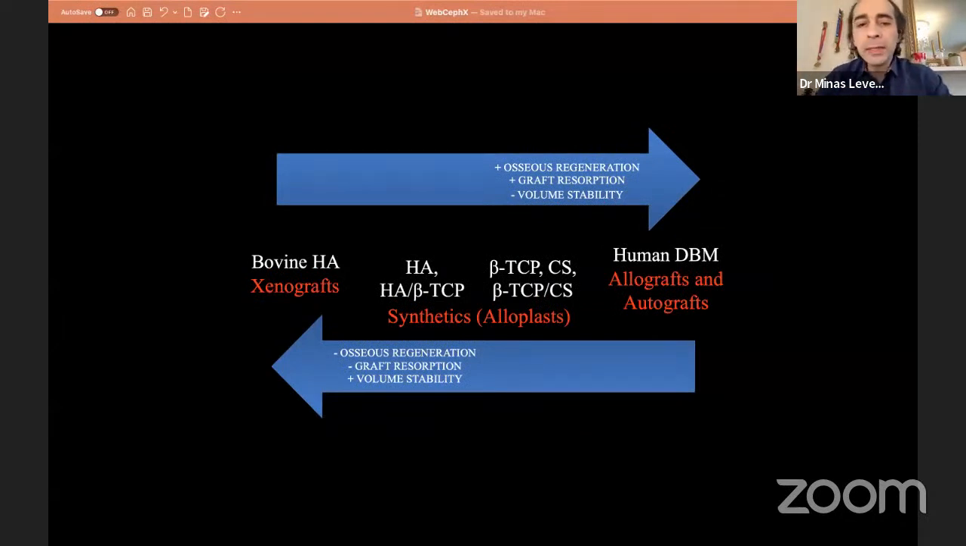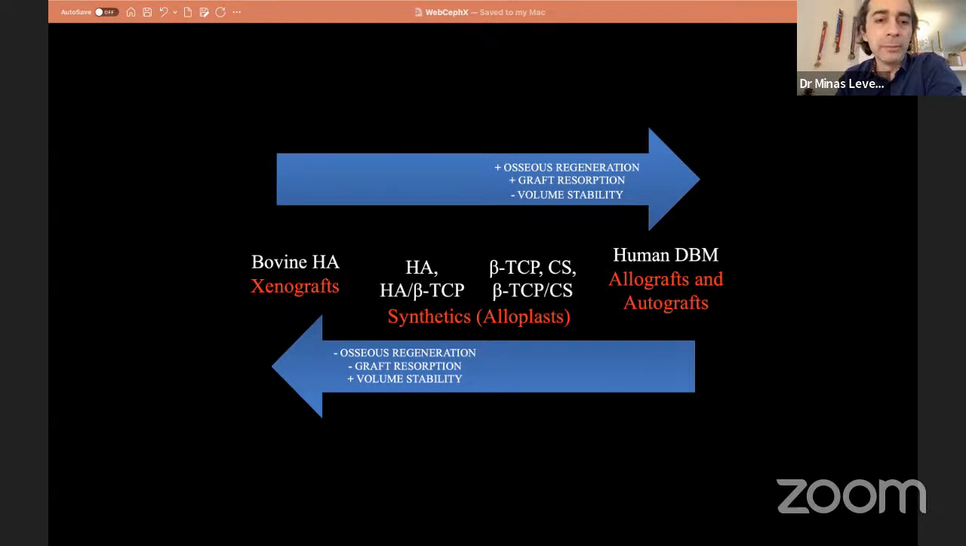And after many years, I try to make things simple in my mind. We need to know that these are the basic categories. We have xenografts, we have synthetics, alloplasts, and we have allografts, human origin bone substitutes. The big difference is that some of them are resorbable and some of them do not resorb in the site